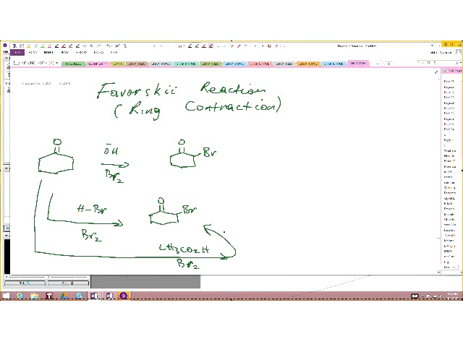Okay, now what do you do with this? Now, if I take the Favorskii reaction, if I take this alpha bromo ketone and I take hydroxide,